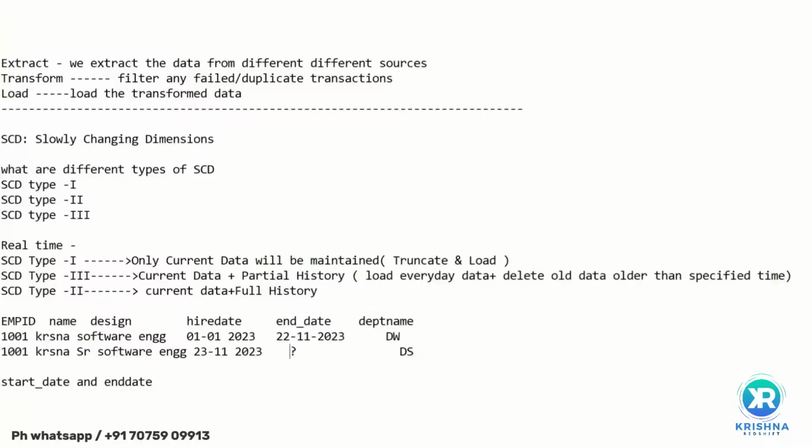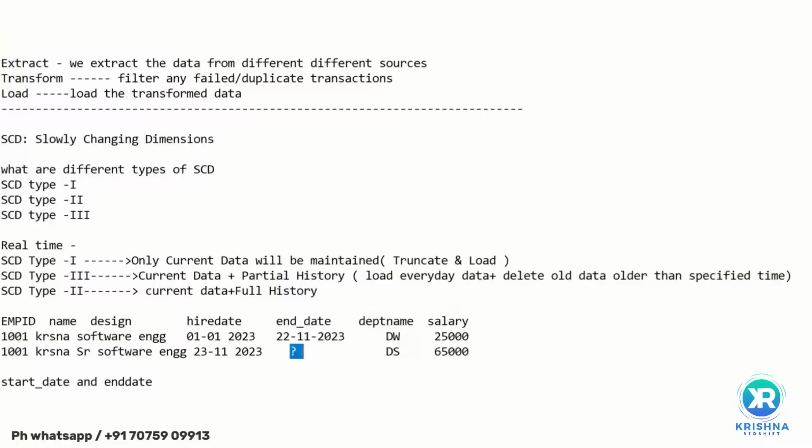So in that way, we can identify all the people, when they started their journey in that company and from what date to what date they were employed there, and any change in department, salary, everything will come. For example, there is one more column here, let's say salary. When he joined as a software engineer, his salary is something like 25,000. In the new role from November 23rd onwards, his latest salary will be here, something like 65,000. So he is still active because here you see the end date